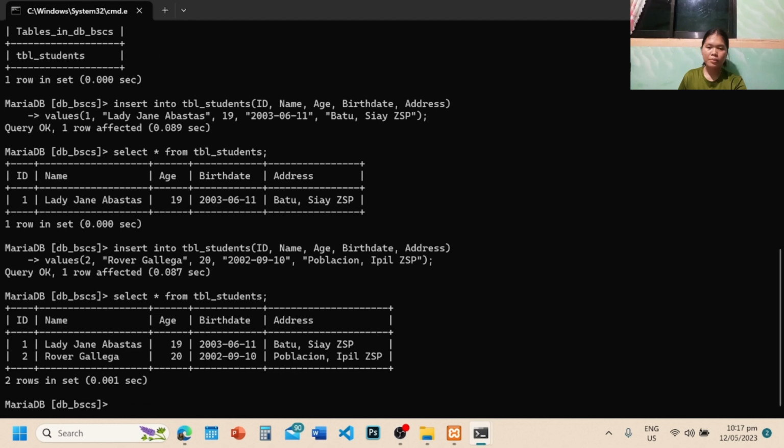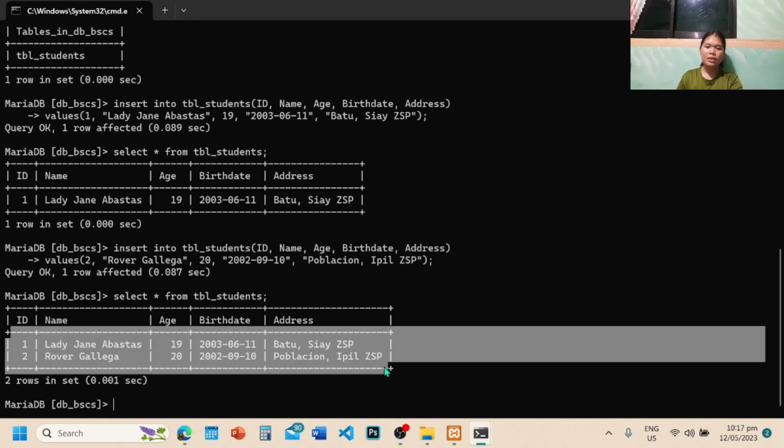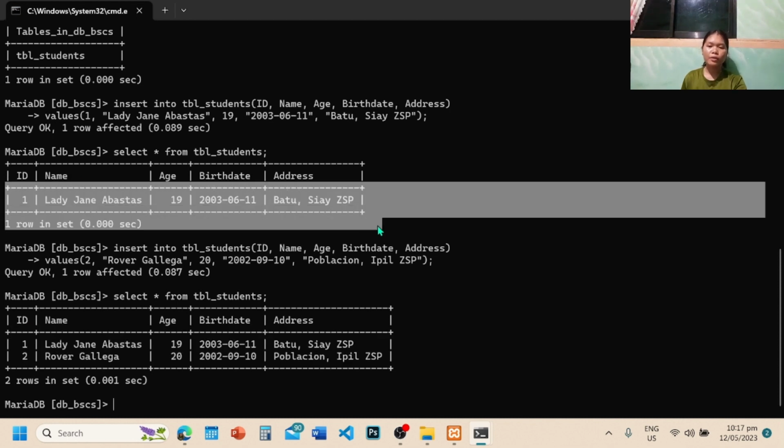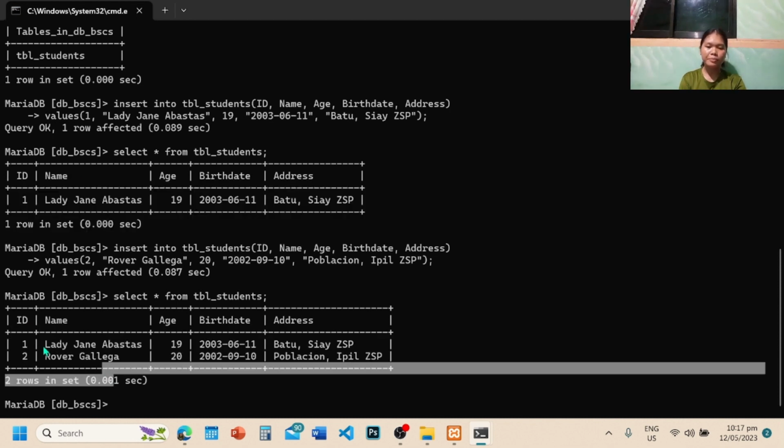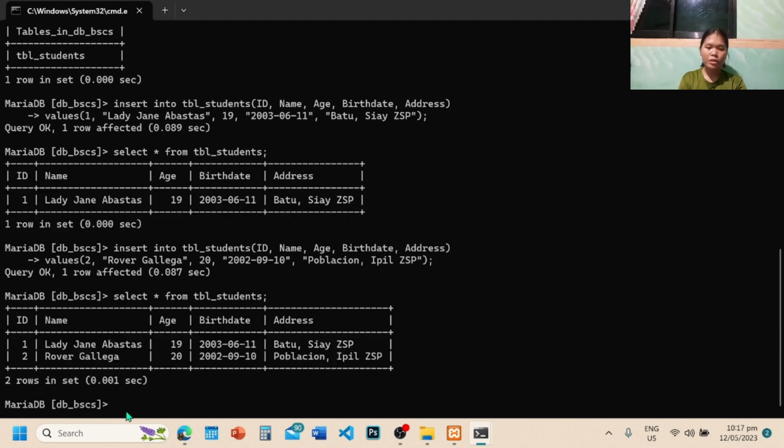Okay, and then retrieve the data. So as you can see in the table, we have 2 data now. So to change the data in the table, we must use the syntax update tbl_students, set what you want to change. For me here, I want to change the address of Rover Galiaga, so